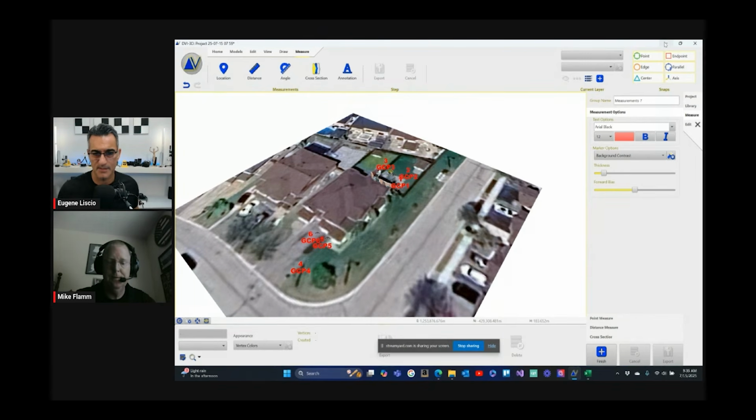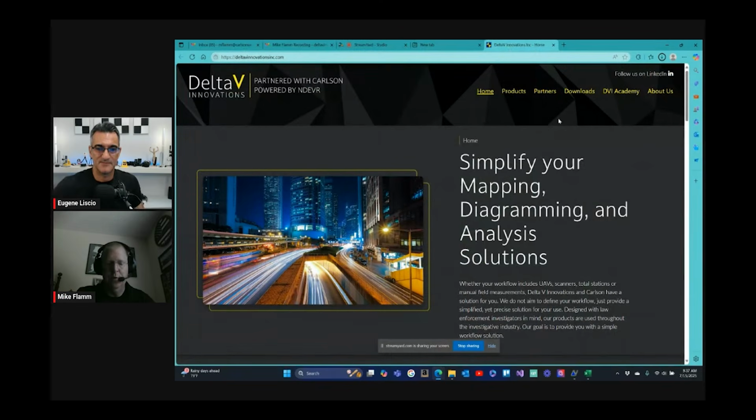I think this is a great option. I know that a lot of times there's other software that comes with laser scanner manufacturers, they have their own data and stuff like that. But like you said, this is agnostic. You can use it with hand measurements, you could use it with laser scanner, photogrammetry, whatever. So I think what we'll do is bring up the website here and give them a look. So we can go to our website,